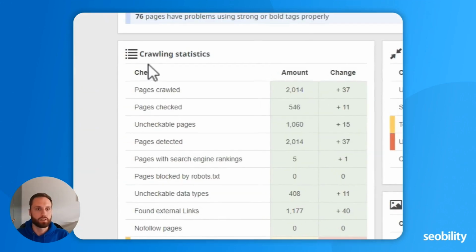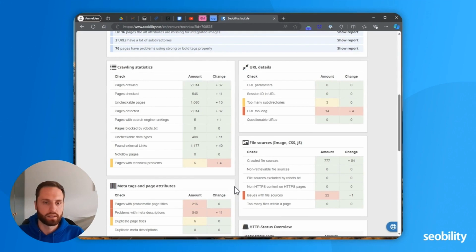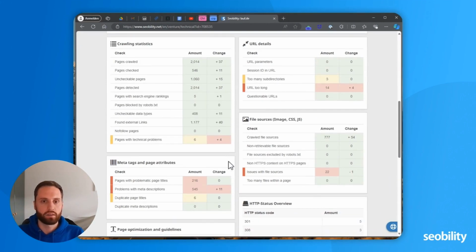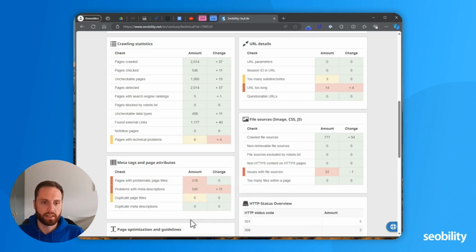Down here you can look at each statistic or analysis separately, independent of whether it has an actual reported issue or not. For example, we don't have duplicate meta descriptions, but you could still look at this report. The analysis or the reports are clustered in what we think makes sense clusters.